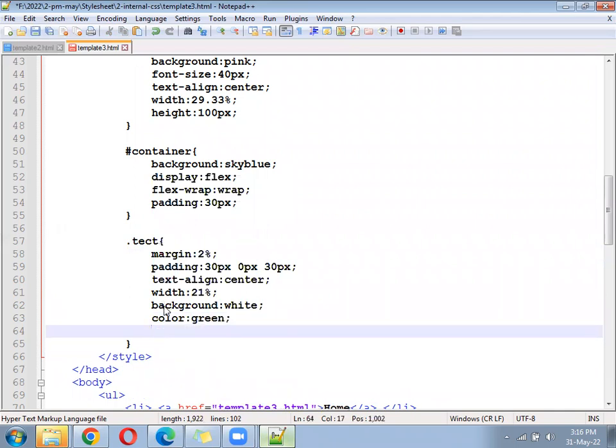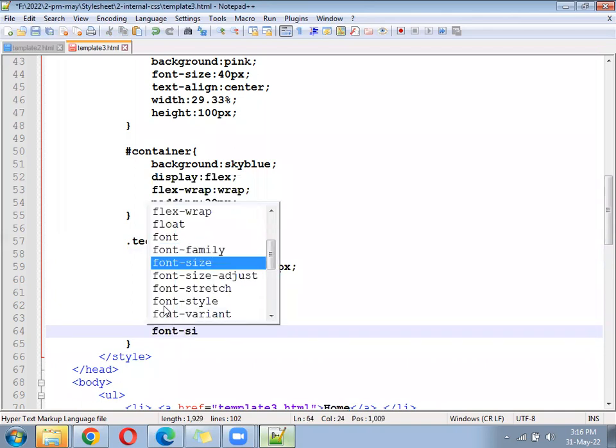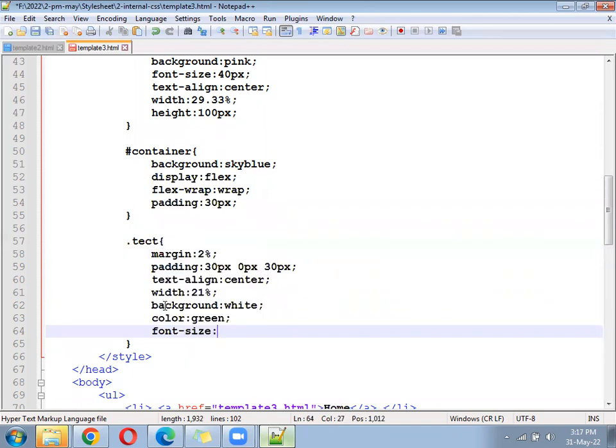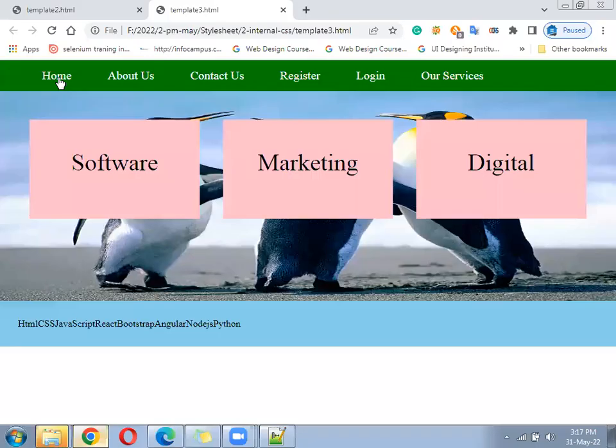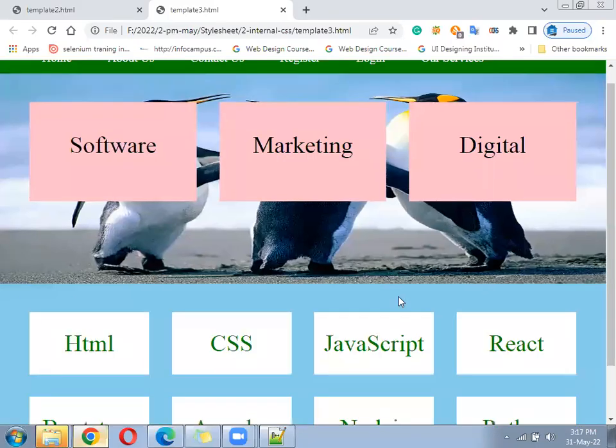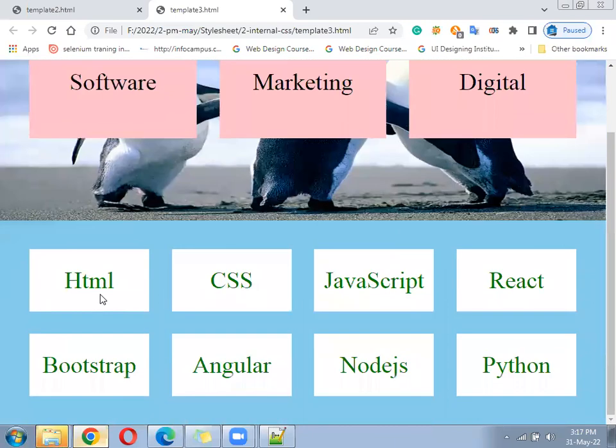Font size 40 pixel. 4 are going to come in one line around TECH. TECH. See, let's look like this.